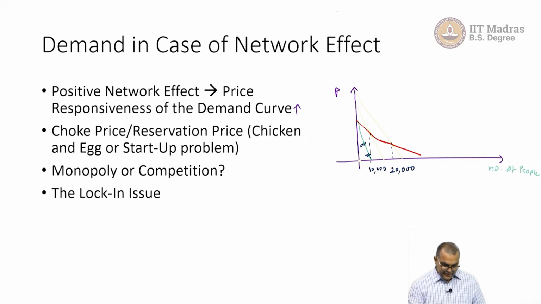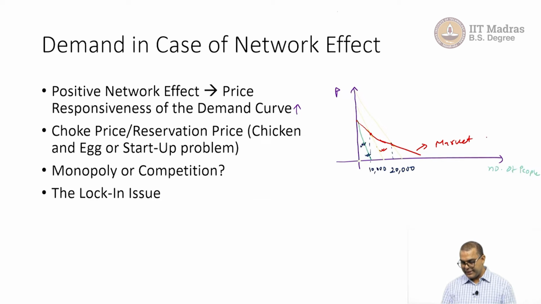How did I get it? Because this is the curve when 10,000 people are present. So when really 10,000 people are present, at that time the market demand should overlap this curve. When 20,000 people are present, the market demand curve should overlap that curve. And if we do it for each level, by drawing it, we can get the market demand curve.